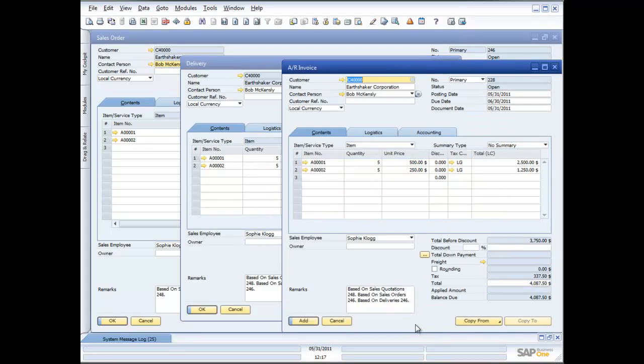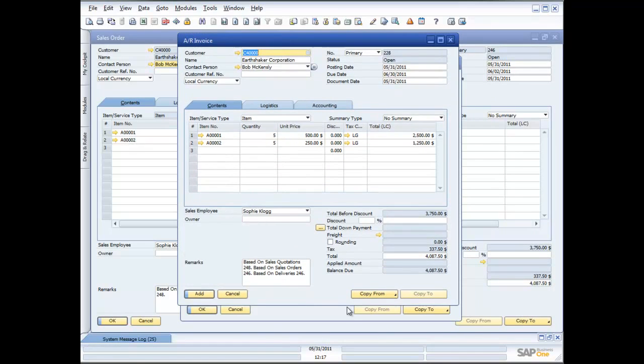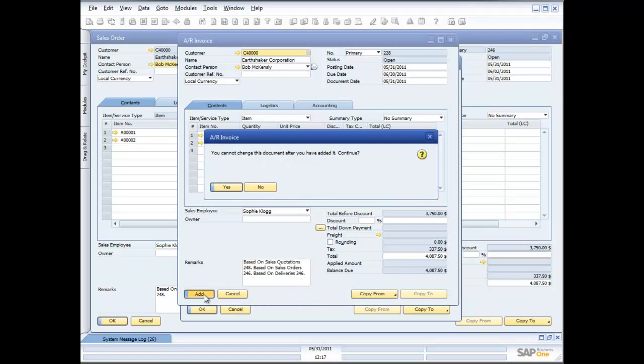So I'm going to copy this to an accounts receivable invoice. There it is. There's my information. That's all done. And you can see, based on sales quotation 248, which was then turned into sales order 246, which was then turned into delivery number 246. And it's just a coincidence that those numbers are so close. And then once I've got that, all I need to do is say add. Once again, accounting transactions are going to appear here, and I can say yes. Now,